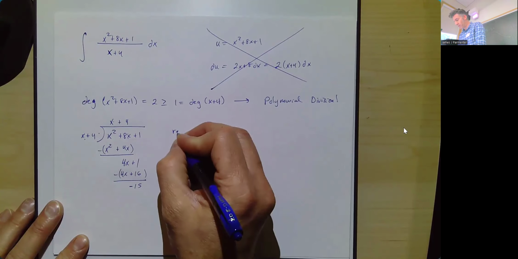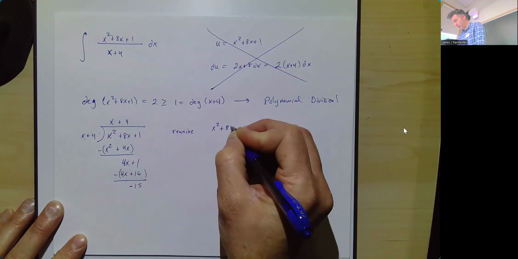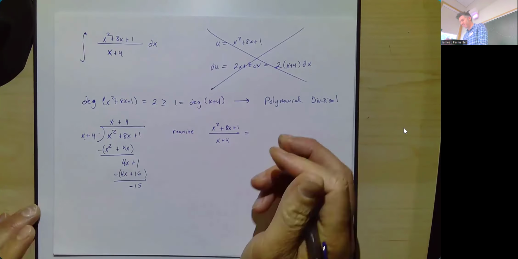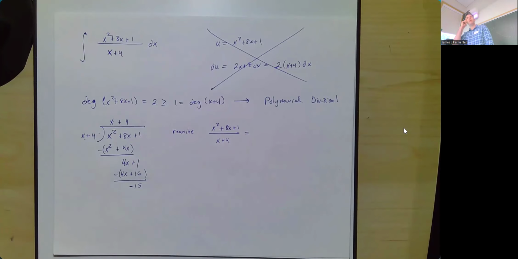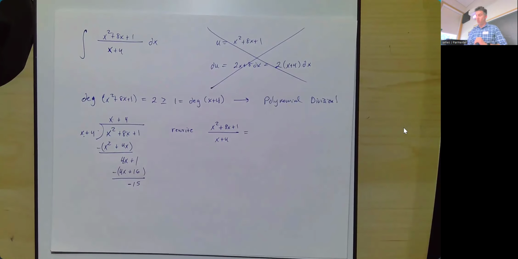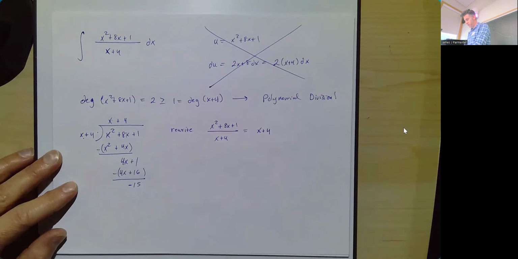And here's what we do. We rewrite our division, x squared plus 8x plus 1 divided by x plus 4, as... I hate this problem, because there's ambiguity in what our answer is. It's unfortunate that I chose this one. Sorry. That and that are the same. I would really love it if they were not. Oh, well. So your answer is the quotient x plus 4